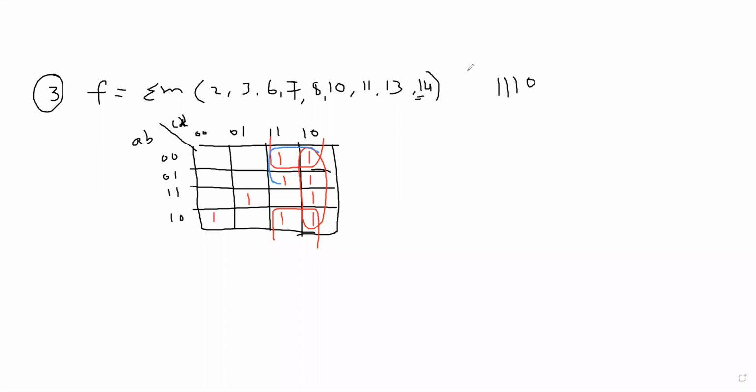This one also, 3 quads are there, and this can be paired, and it is an isolated one. That means totally 3 quads are there. Let us consider this is 1, this is 2, and this is 3. Let us consider this is 4, and it is an isolated one.